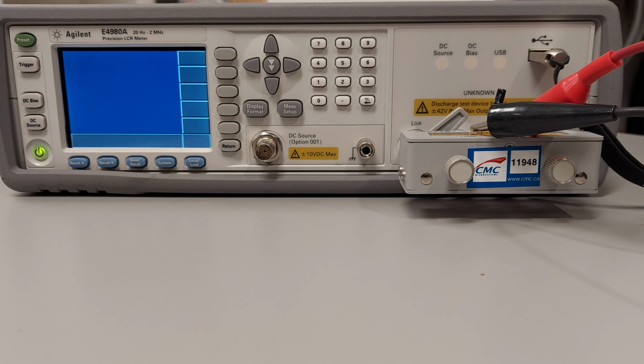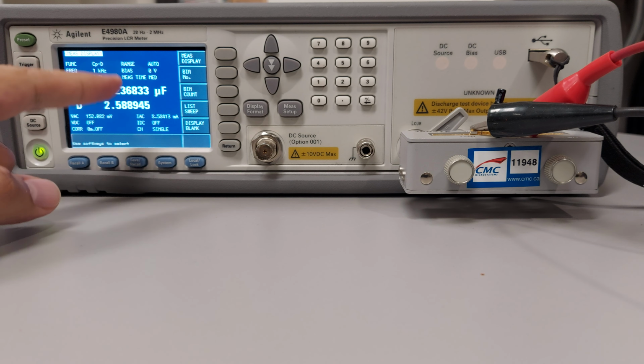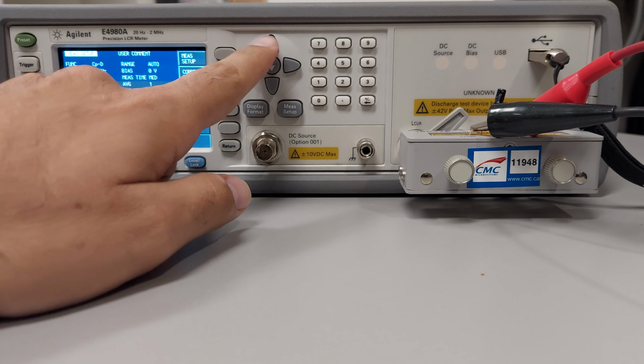You can see this is the display section. It is currently in a 1 volt signal test for perturbation 1 kilohertz. We are looking at CP and D, and we have auto range, 0 DC bias, and measurement time as medium. If we go to measurement setup, we can